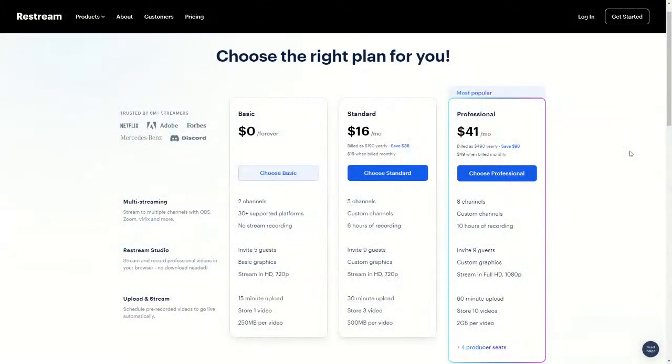Yeah, it's interesting because for the basic plan, Restream is cheaper there, but then when you go to the professional, StreamYard is actually cheaper and has more participants. Like you have 12 guests at that point. What was the amount of destinations on the Restream professional? I think it's 8 for both. I think it's eight. Yeah, eight channels.